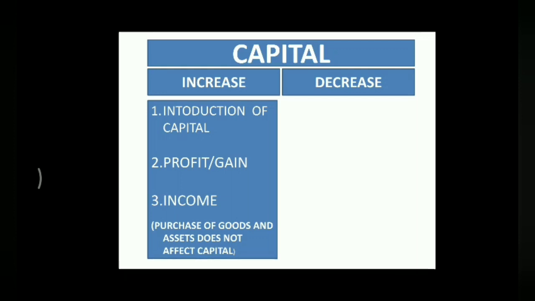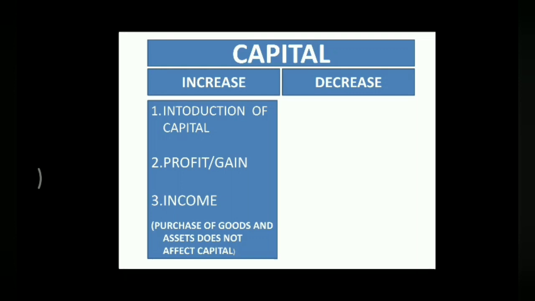And sometimes we get confused that purchase of goods and assets are also expenditure, so we should deduct them, but it's not like that. Don't deduct purchase of goods and assets, because we actually take the net of purchase and sale, and then the loss or profit is added or deducted, because earlier also we have done selling price minus cost price.